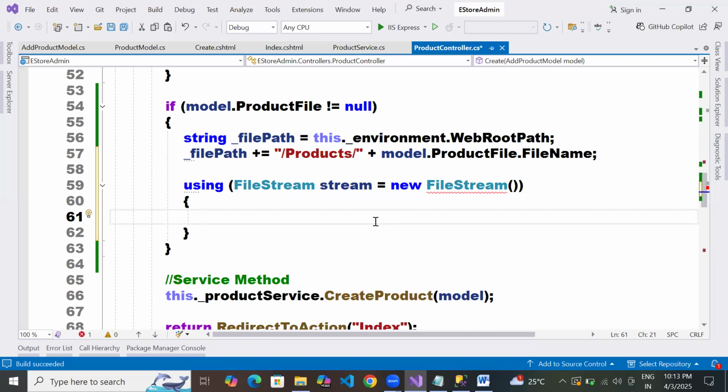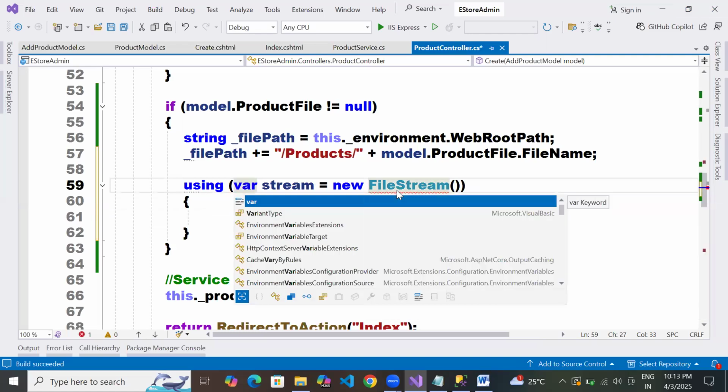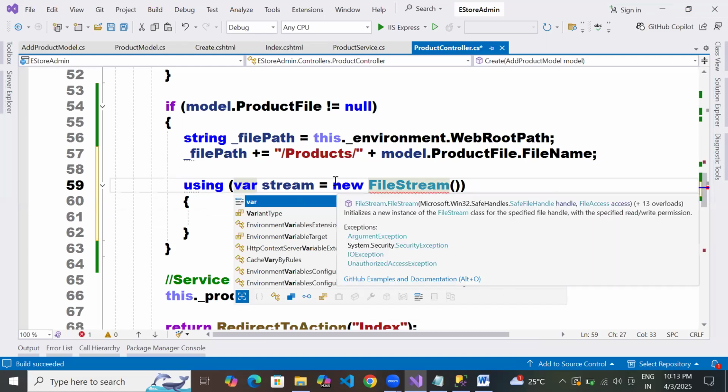So it's a very simple thing. Var stream. Okay. Var stream equal to